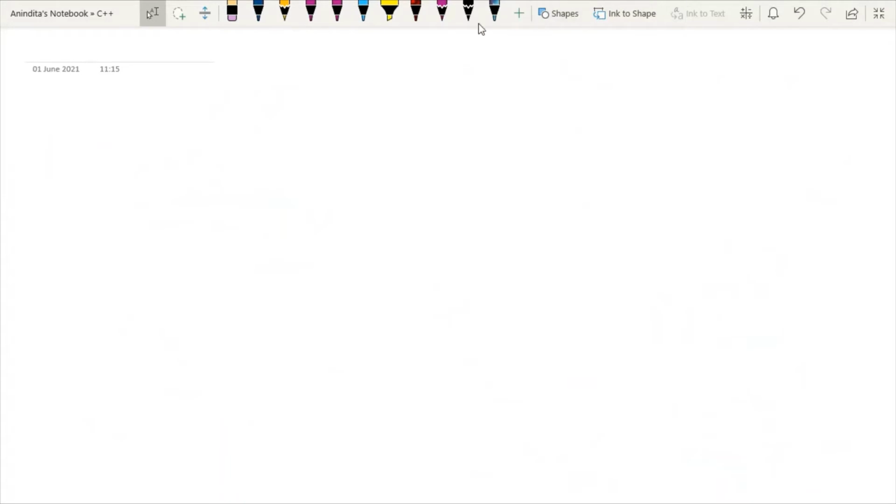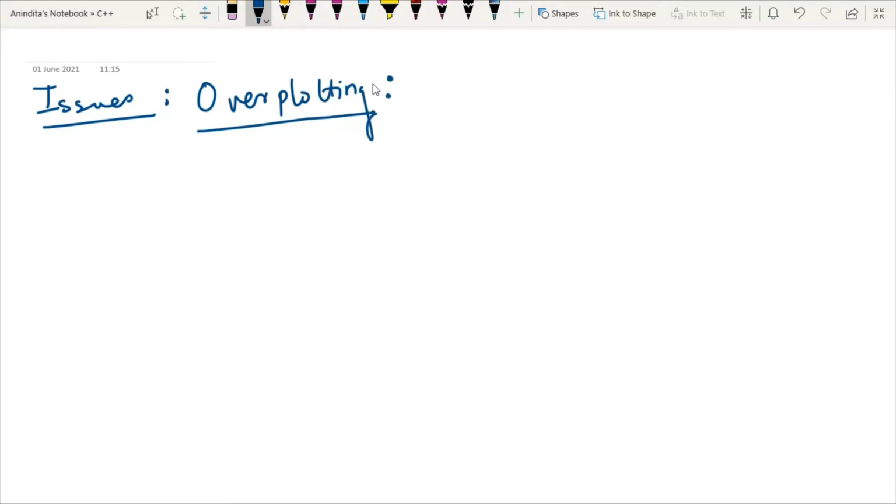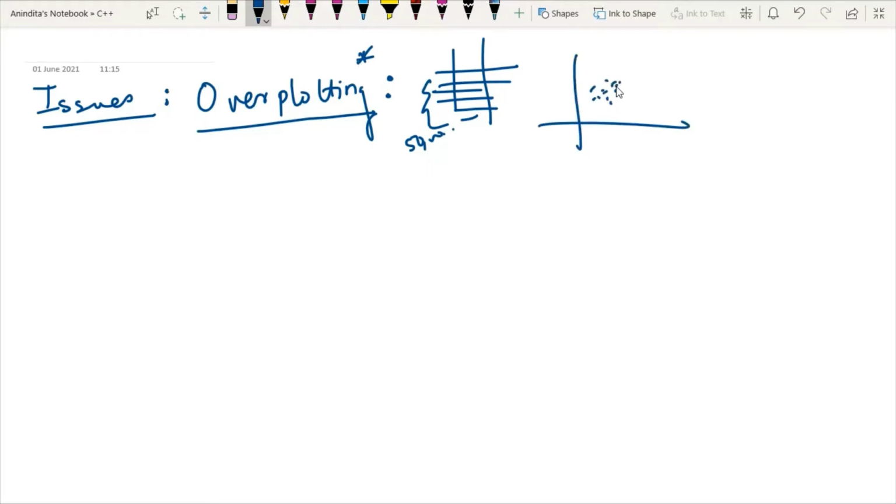But we have to discuss one more point, that is, what are the issues with the scatter plot. The first issue with the scatter plot is known as overplotting. When we have lots of data points to plot, say our data set has 50,000 points or more, this can run into an issue of overplotting. Overplotting is the case where data points overlap, because we have so many data points.